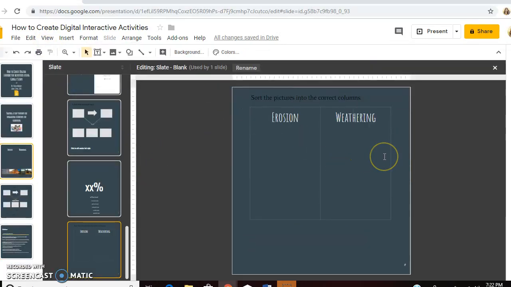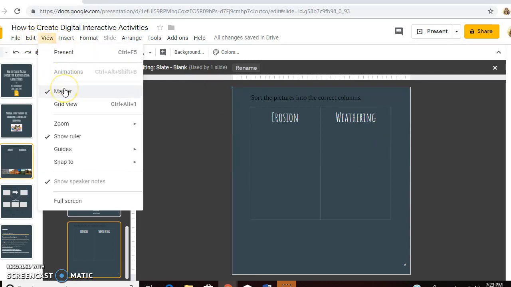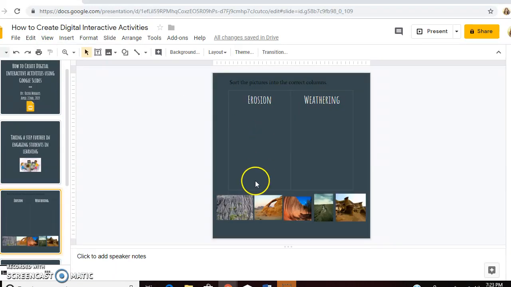By choosing the master option, it will allow you to lock whatever it is you are trying to include on the slide. In other words, when you choose not to view in master, the student will not be able to move anything that was not created in the master slide. So here, whatever I included within the master slide, they are unable to move. However,